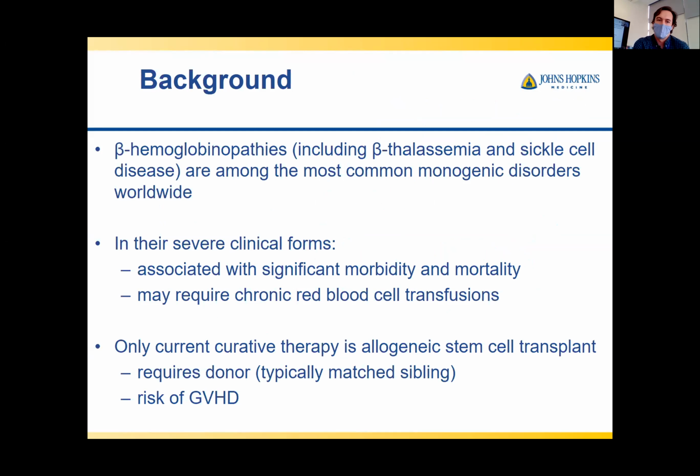So to provide a little bit of background, the beta hemoglobinopathies include beta thalassemia and sickle cell disease, and are among the most common single gene disorders across the world. In their most severe clinical forms, both beta thalassemia and sickle cell disease are associated with significant morbidity and mortality. And in their most severe clinical forms may require chronic red blood cell transfusions with all of the morbidity that